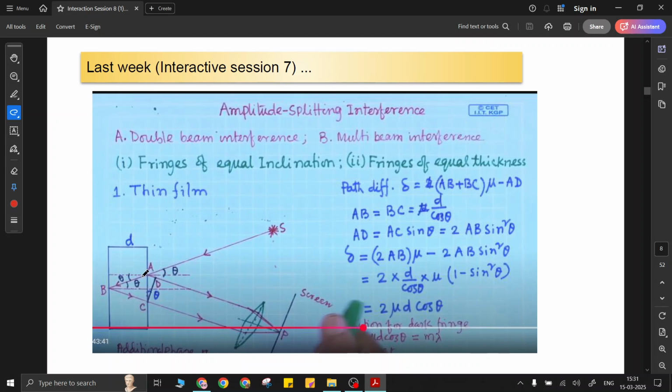Then from vertically opposite angles we know that this angle will be theta and this angle will be theta. Now in this right angle triangle, we can see that AB and BC will be equal to, if we take cos theta of this,